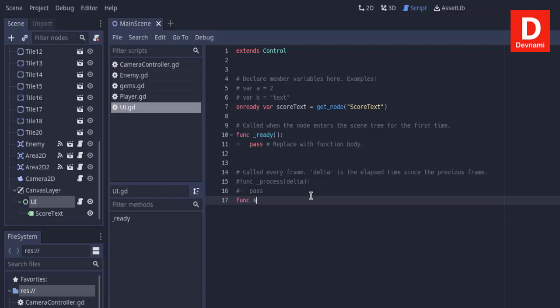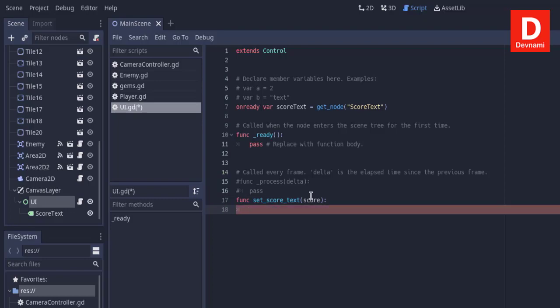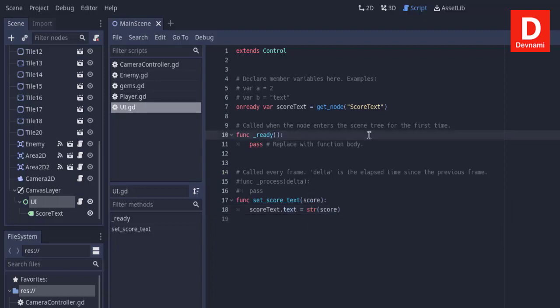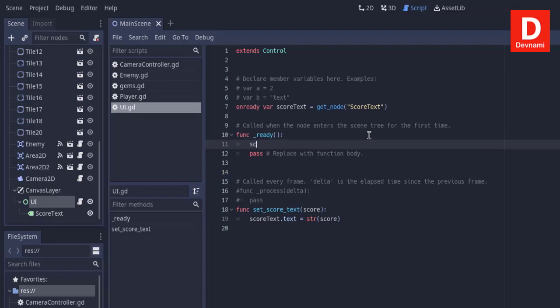So function set_score_text, pass it your score, and it should return your score_text.text equals to string(score), right? And within ready we have to also set score_text.text set to 0. Okay, so we are setting some initial value for that, and